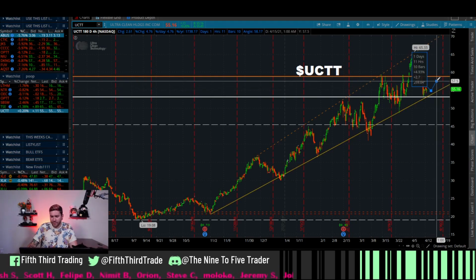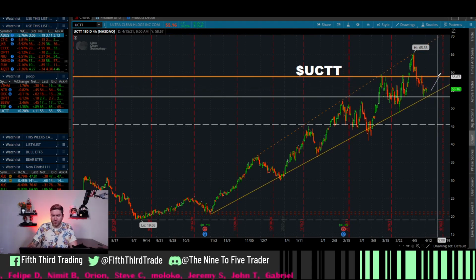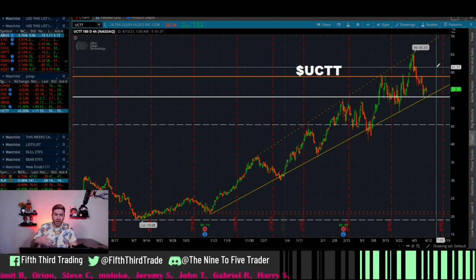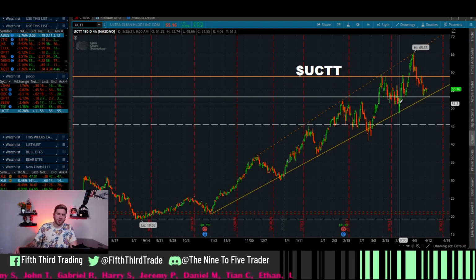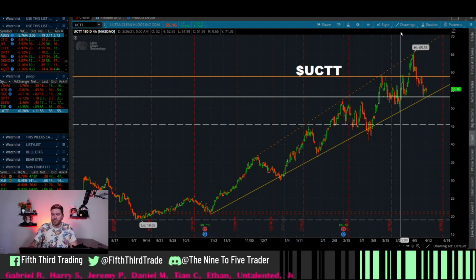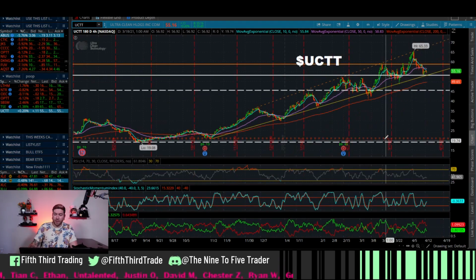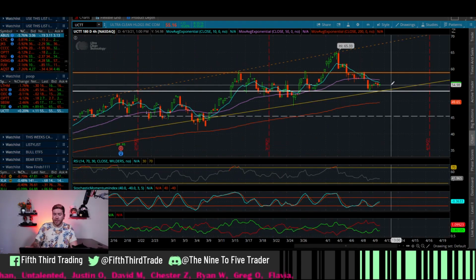I'm not overly confident. I think there's this resistance here at $58 and some change. It does make sense to be hit though. But UCTT, fundamentally, technically, it makes a lot of sense. It's a really beautiful setup. I do like it a lot. Let's check the indicators. As of right now, it bounces off the 50. It's below it. So again, you have options. Do you think this is a good value? I think it's a good value. I think it could be better, but it's a good value.